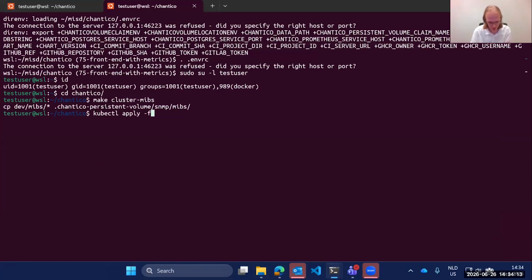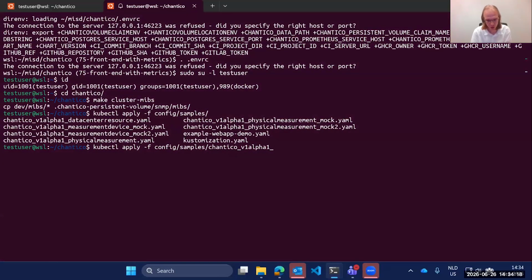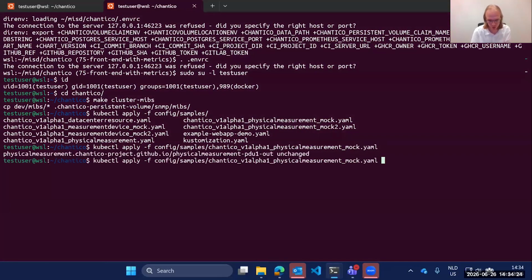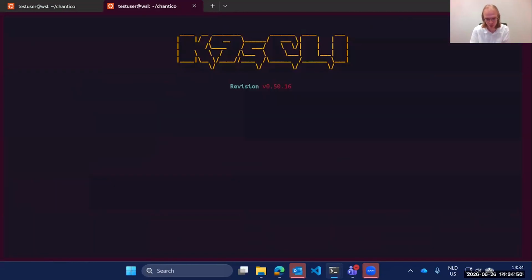So we basically have done that, and then we can start applying certain files to do this for us. We have to provide a physical measurement. I believe this one is already in there, so it's unchanged. There are two files that we need to provide. One of them indicates how to measure SNMP devices, and the other one defines where they can be measured. The physical measurement really indicates the IP address of the SNMP device, and the other one indicates how to walk through them. I can also display a little bit how they look.